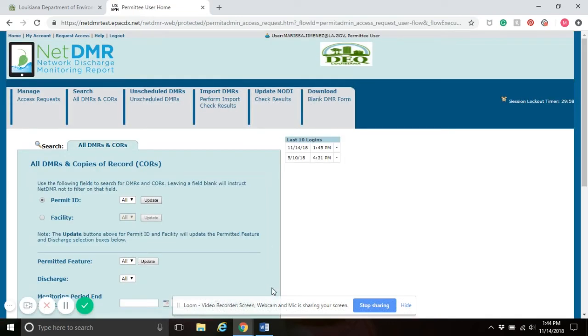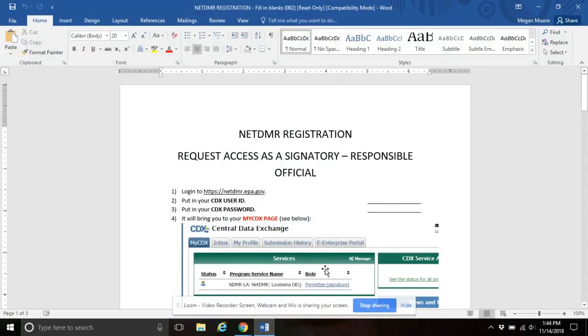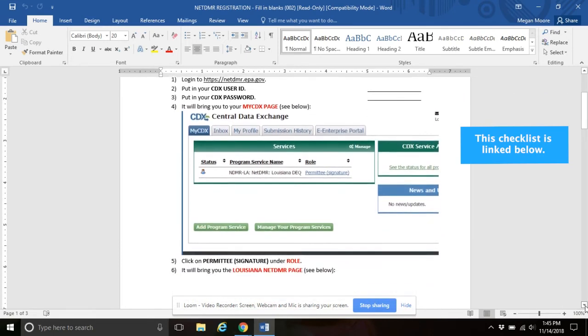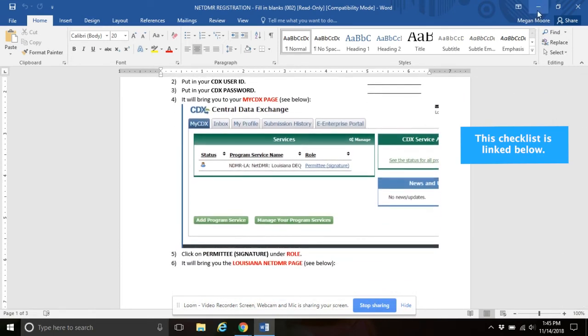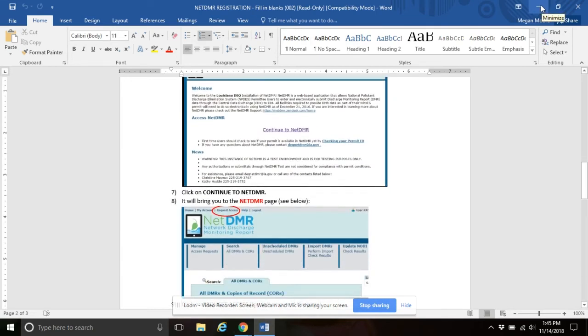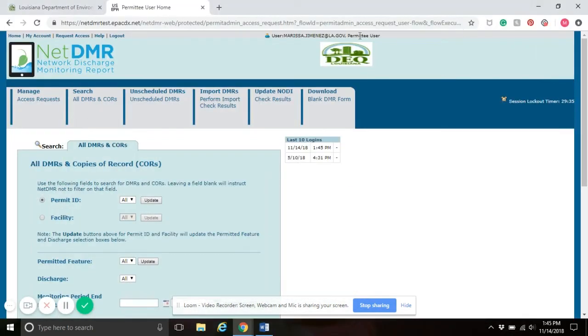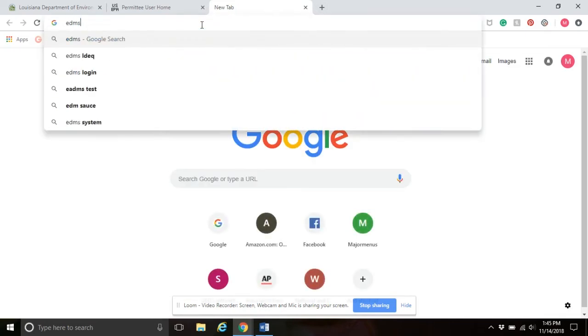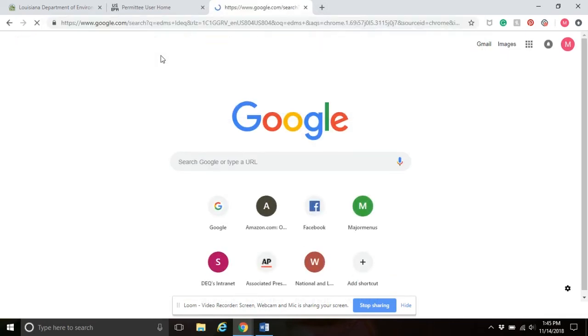This is where this sheet would be handy, which is the NetDMR registration instruction sheets. It just follows along, and we're going to follow along as is written on the sheet. If you have your permit number handy, this is the time to have it ready. And if you don't have your permit number handy, you could go to EDMS LDEQ,